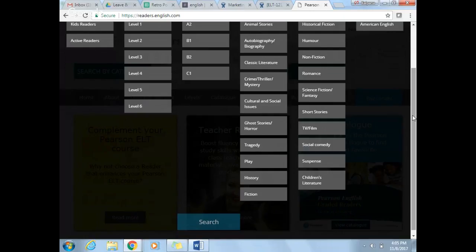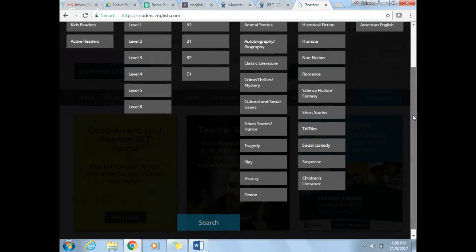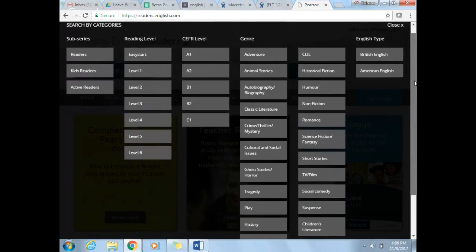Okay, fine. So at this stage, we're just changing the look and feel of this rather than making any changes to the number of levels or the number of subseries or the genres. That part isn't changing.